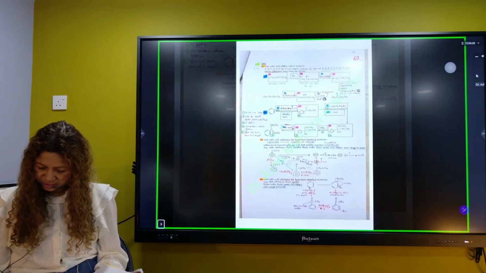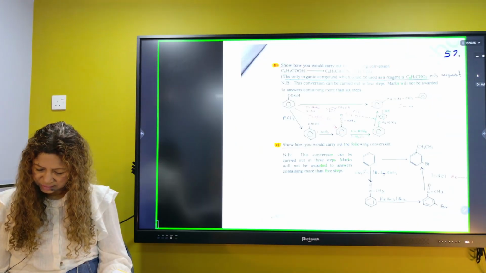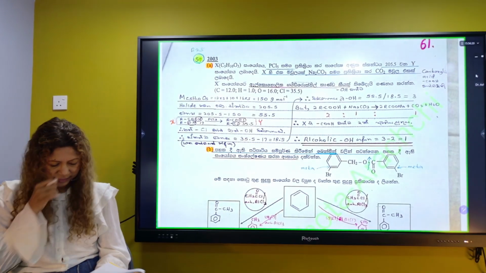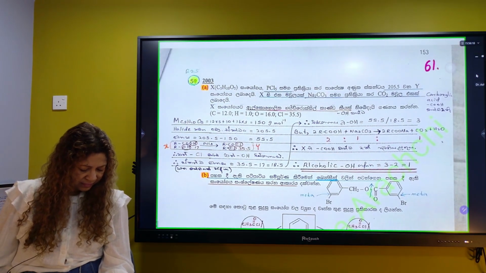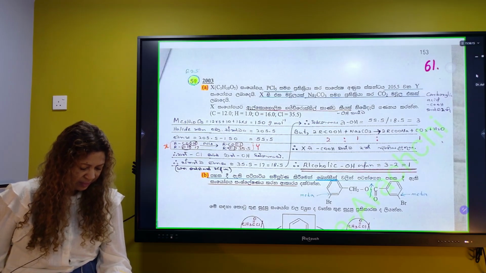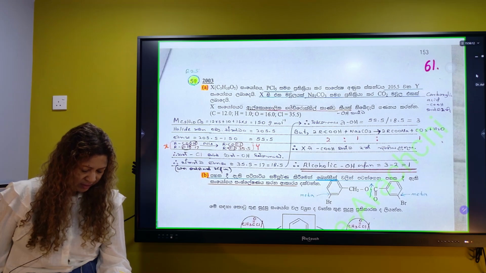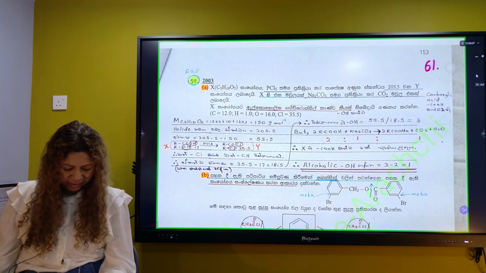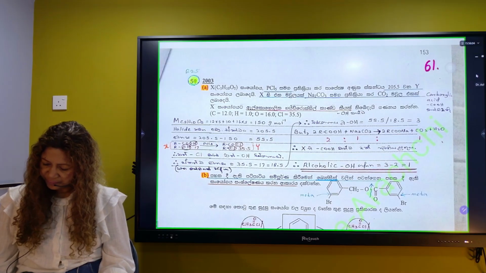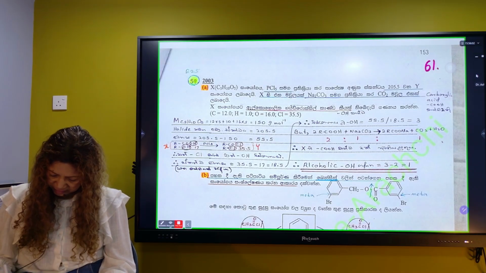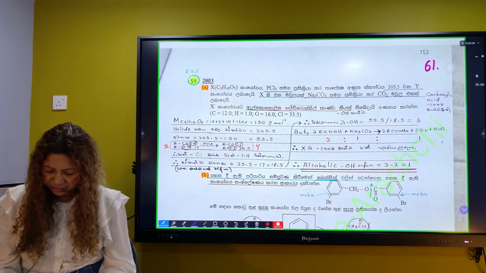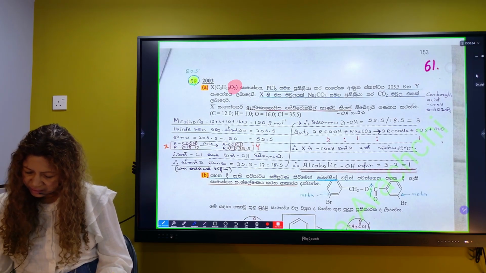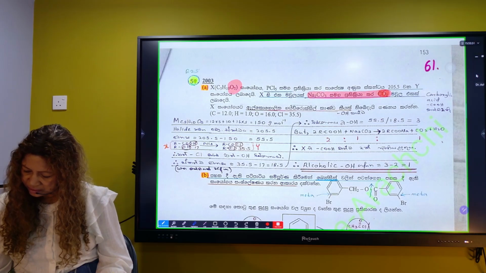Okay, moving to this question. I'm going to make a clear one. Compound X, C5H10O5 on reaction with PCl5 gives the compound Y having relative molar mass 205.5. Reaction of 1 mole of X with sodium carbonate. Who's reacting with sodium carbonate? It's supposed to be a carboxylic acid because you have 5 oxygen. Let's see. Carboxylic acid with sodium carbonate gives CO2.